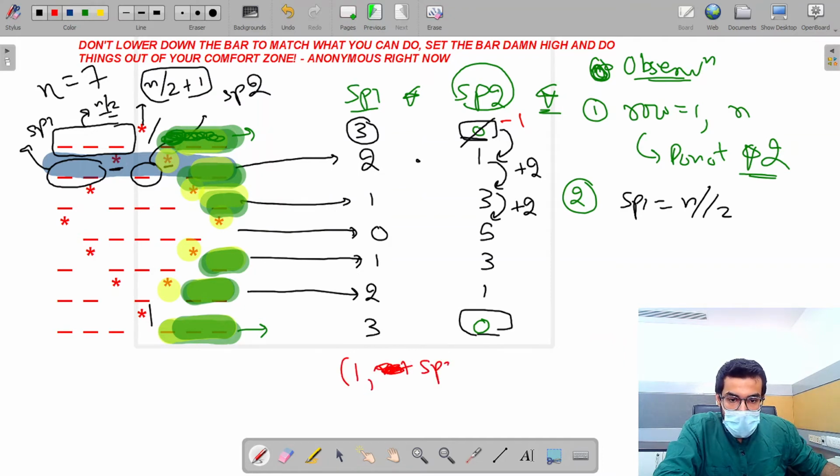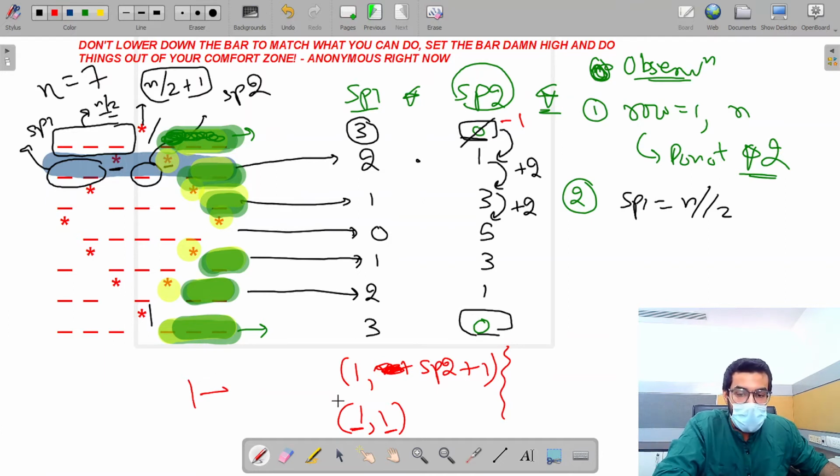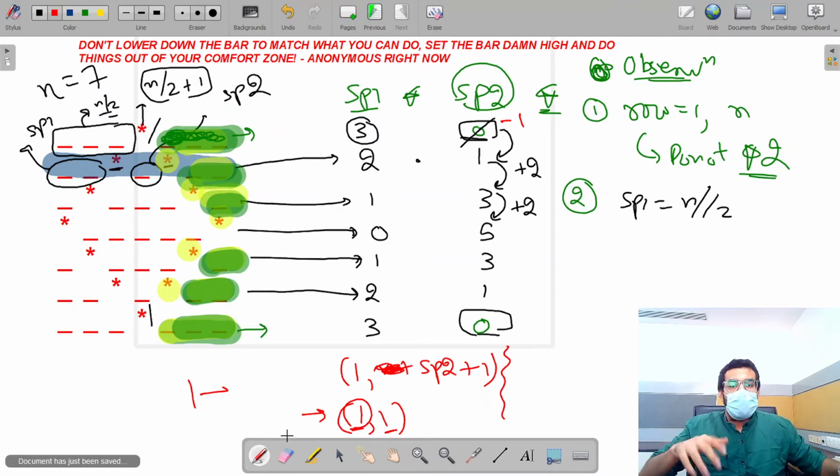N is over here, sp2 plus 1. So if the value of sp2 was 0, then it means 1 till 1, and this one is counted, but this is not. You know it very well. When I'm talking mathematically, start from 1 but end before 1. When I'm using this 0, it means start from 1 but end before 1, so nothing will be printed.